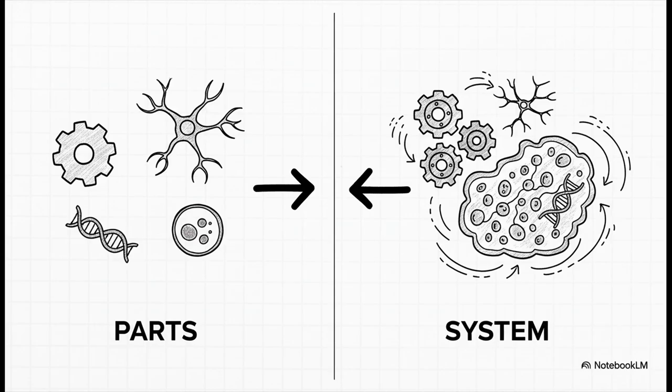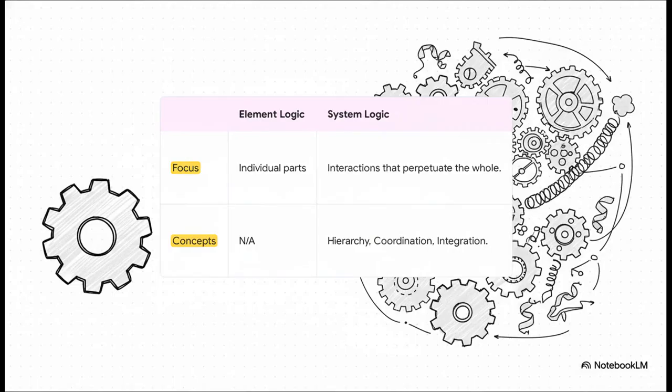And this right here, this represents a huge shift in perspective. To really get what's going on in a living system, you can't just study its parts one by one. A single gene here, a protein over there. You have to understand the logic of the entire system. It's kind of like the difference between studying a single gear versus understanding how a whole clock works. System logic is all about things like coordination and integration, how all the bits and pieces work together to keep the whole show on the road. And thinking this way has helped us explain unbelievably complex things, like how a protein folds into its perfect, precise shape, or how our bodies regulate enzymes.